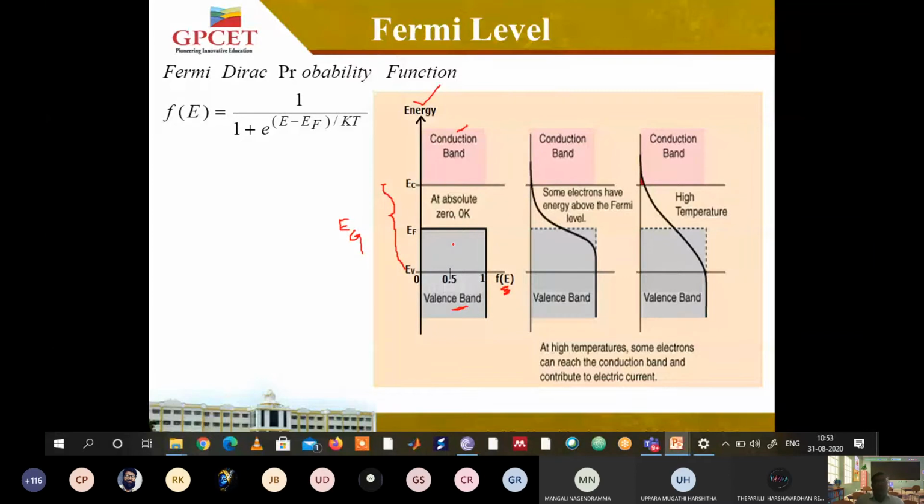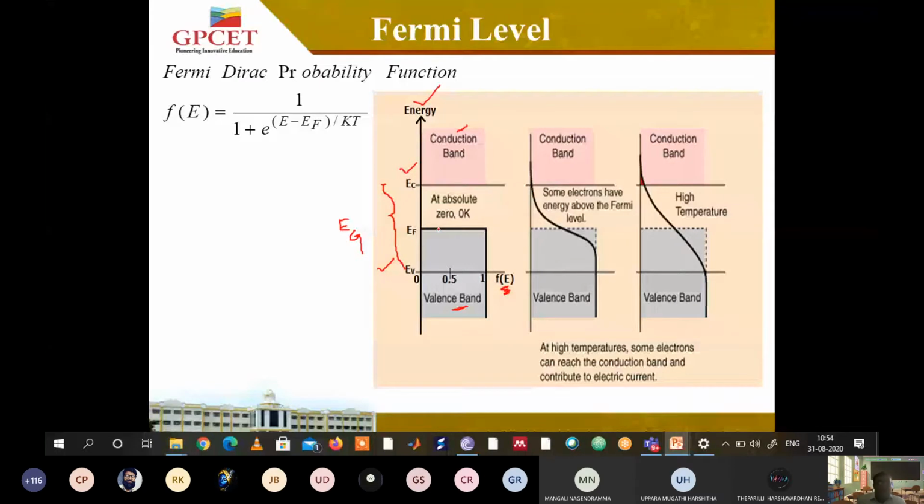Now, dear students, you can see here the energy level possessed by conduction band I have noted as Ec. The energy level possessed by valence band is noted as Ev. Now, what is F of E? F of E is nothing but the probability of occupying an electron from valence band to conduction band, which is important, right? So here we need to find the position of an electron, with how much probability it is lying in between valence band and conduction band while it is jumping from valence band to conduction band.